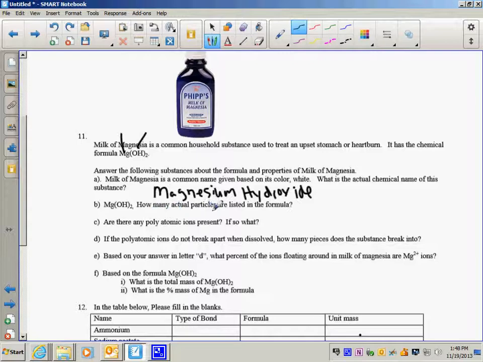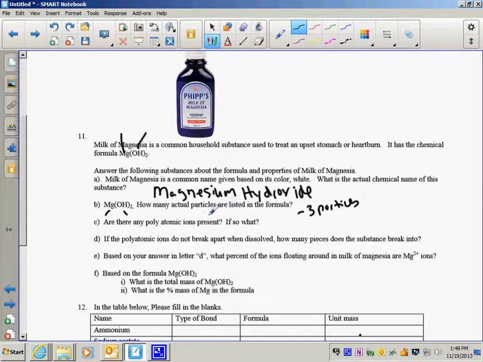How many actual particles are listed in the formula? Well, we have 1 magnesium and we have 2 hydroxide. So in this case, I would say that we have a total of 3 particles. In this case, if you broke it down